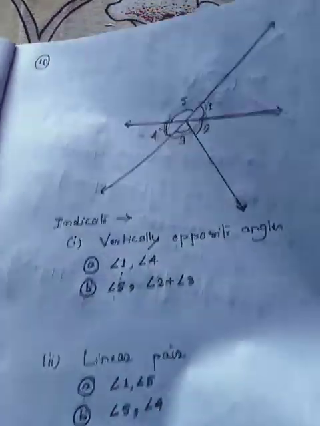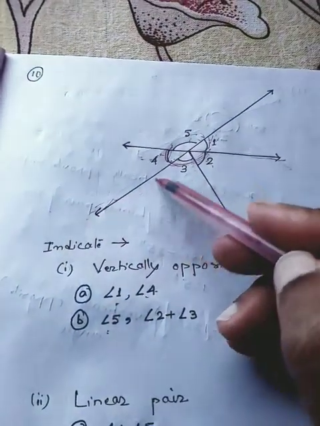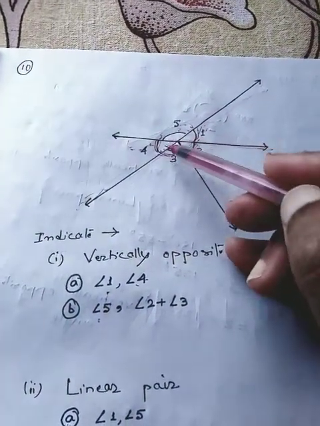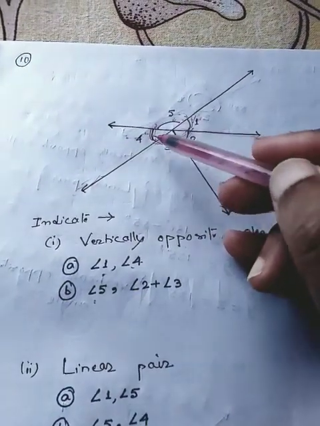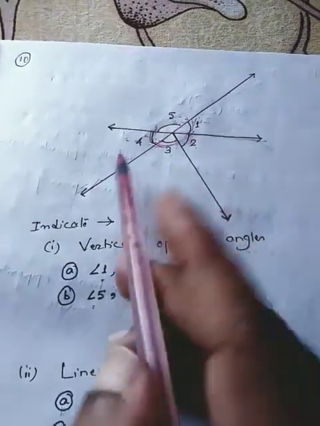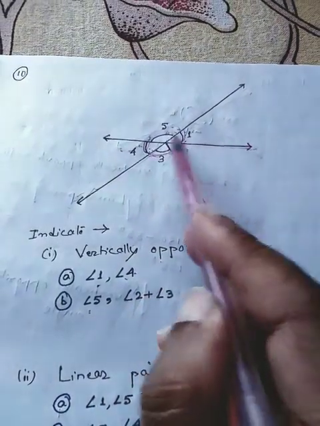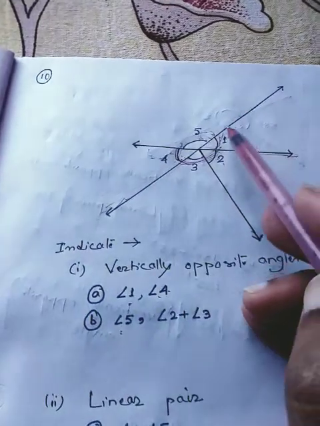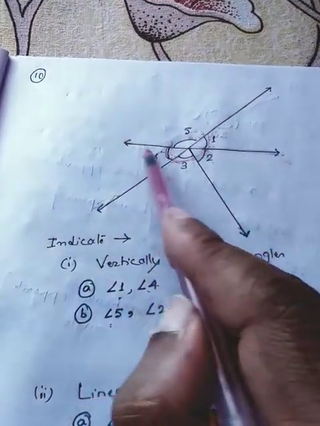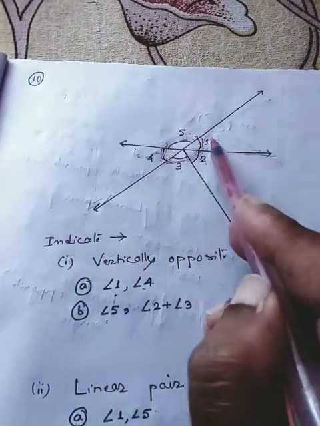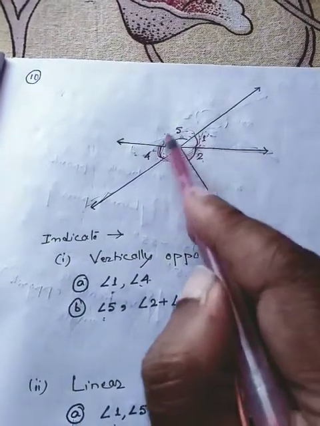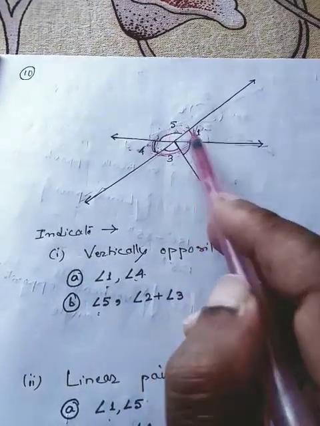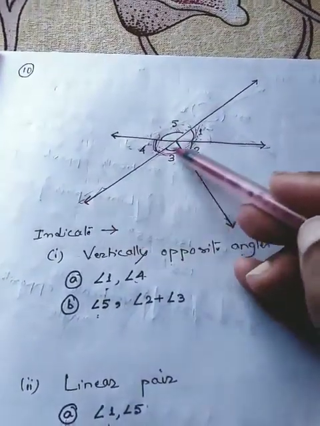Now which are the linear pairs? We have to get the linear pairs. Now this is a straight line, you see. At the upper portion of the straight line, these two angles are a linear pair. And if you see this straight line, these two are also a linear pair. I have written angle 1 and angle 5 are a linear pair because they are on the straight line. This whole one is 180 degrees, isn't it? This whole 180 degrees is divided into two parts, that is angle 1 and angle 5. So these two are a linear pair. And this is again a straight line.